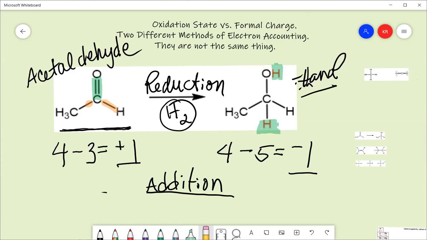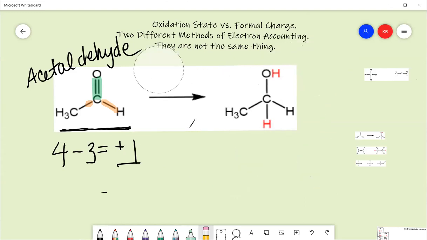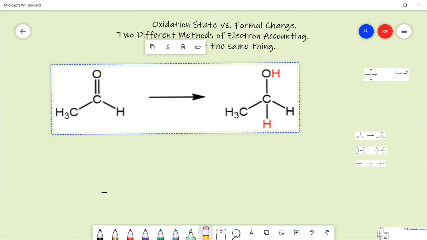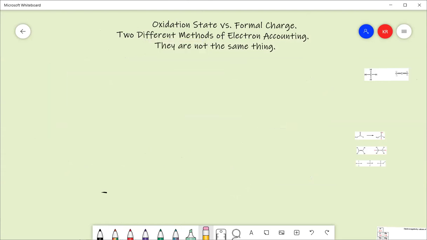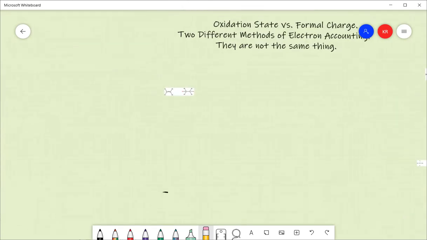Okay, so let me go ahead and erase all of this. And we will look at another example. I'll get rid of that. Hello, there we go. All right, I think I did this one. So we'll move that. Let me have this one here. Okay, so